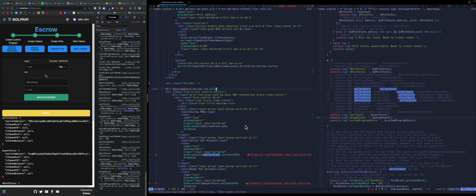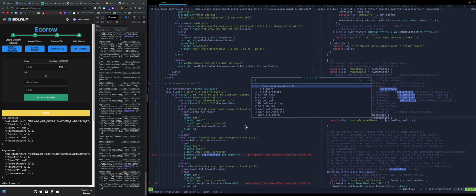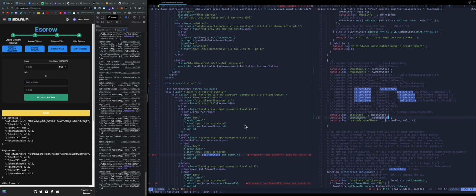And I wonder here, remember, I'm not storing the seller's out token associated token account. I don't store that in the actual escrow account on chain. So I've been putting it in a store, and